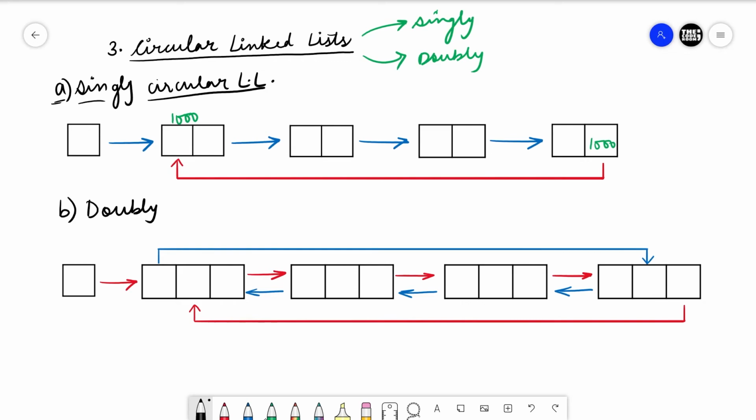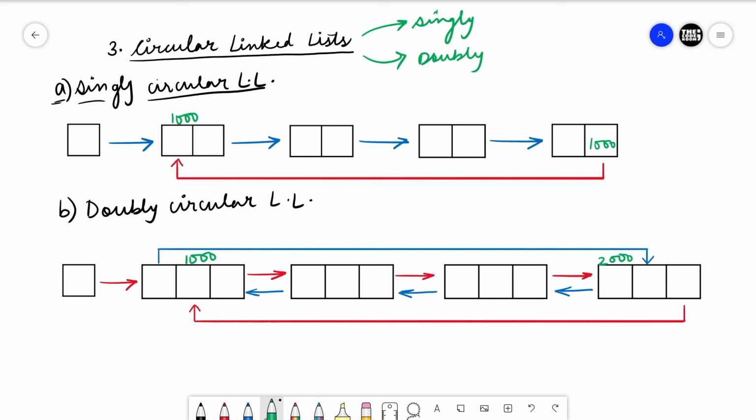Secondly, we have doubly circular linked list. Again, in doubly circular linked list, we store the address of the head node in the next link part of the tail node instead of storing null, and we store the address of the tail node in the previous link part of the head node instead of storing null. So let's say the address of the head node is 1000 and the address of the tail node is 2000.